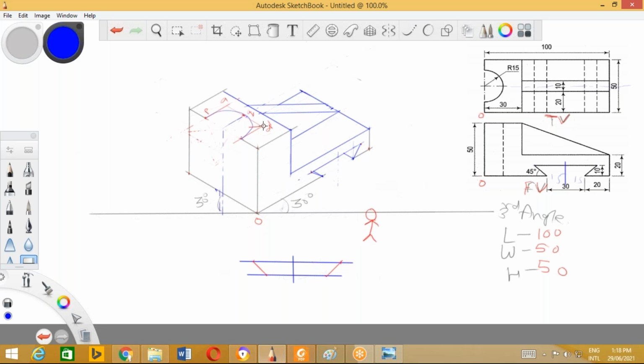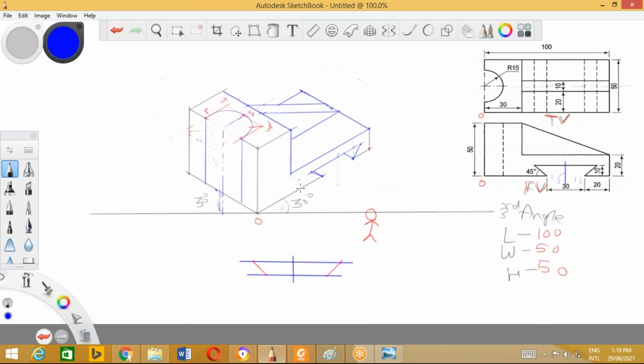Now you can see this front view shows that this semicircular slot is there throughout the length. What exactly does it mean? We have to draw the lines from these points up to here. Same, the line is to be drawn up to here.